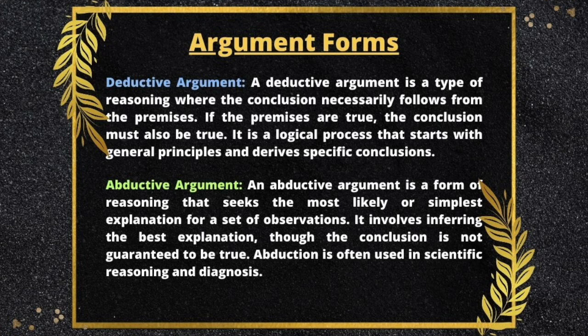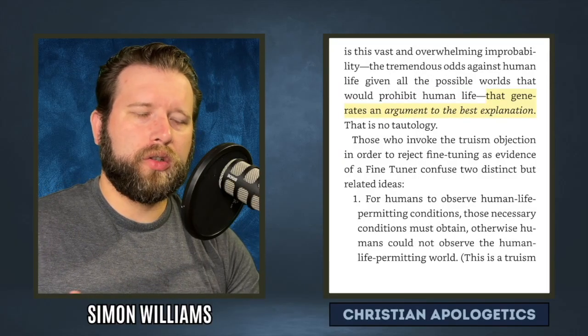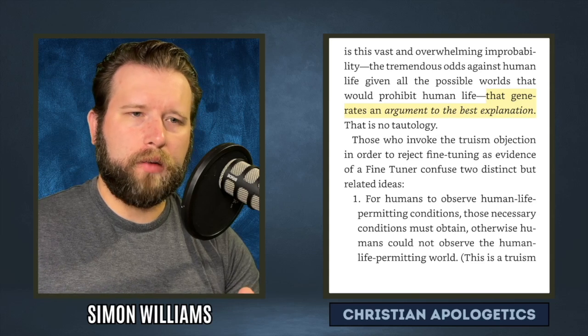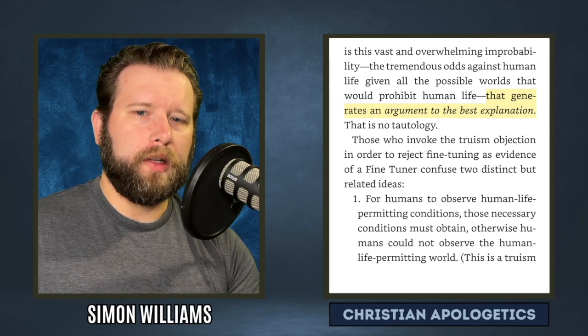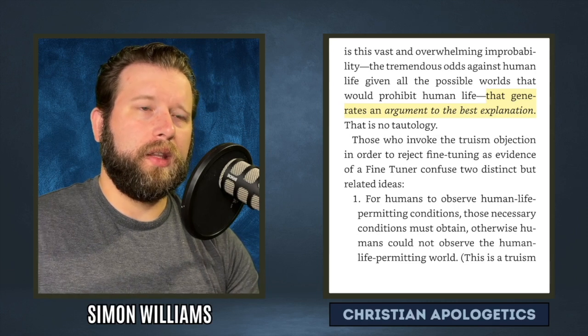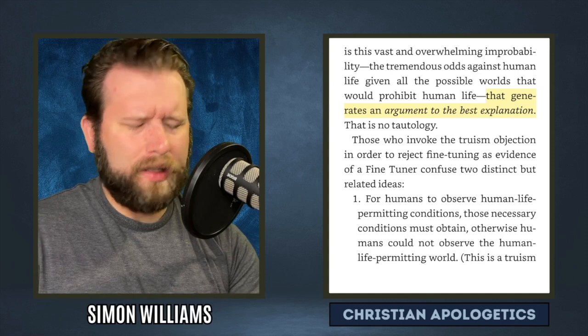So it could be logically possible that the universe just happens to be this way by chance. But why should we prefer chance when design is so much more reasonable? When the odds are so crazily absurd, like we're talking about here in this argument, then it seems much more reasonable to infer an intelligence rather than just to say that this happens to be the case, even though the odds are so crazily absurd.